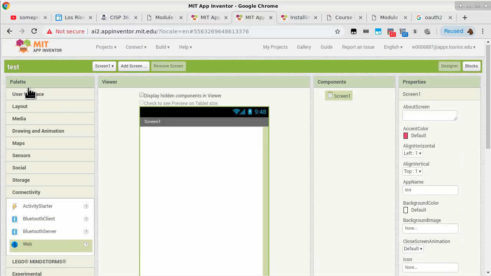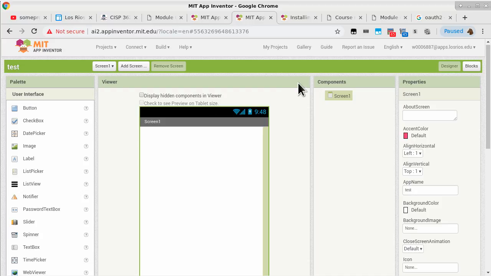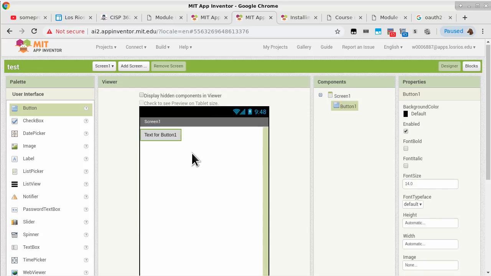Okay, so this is the really cool part. As you make changes to your screen in the designer view of App Inventor, like I would place a button, which we'll use for programming later on. So drag and drop, and now we have a button in the design view. Now this is just a preview. This is not the actual app running here. This is really just a preview so that you have a general idea of what it looks like. But when I switch to the emulator,